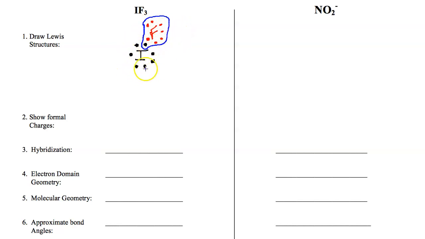Iodine, of course, is not a row 2 element. It's not an n equals 2 element, so it can have an expanded octet. Yeah, it can have more than 8. All right, in any case, let's add the other fluorines around so we can see. So I'll add another fluorine here. And again, this is the rough way to do it. Then I'm going to clean this up to see if I can explain my structure, because you don't want your Lewis dot diagram to be such a mess